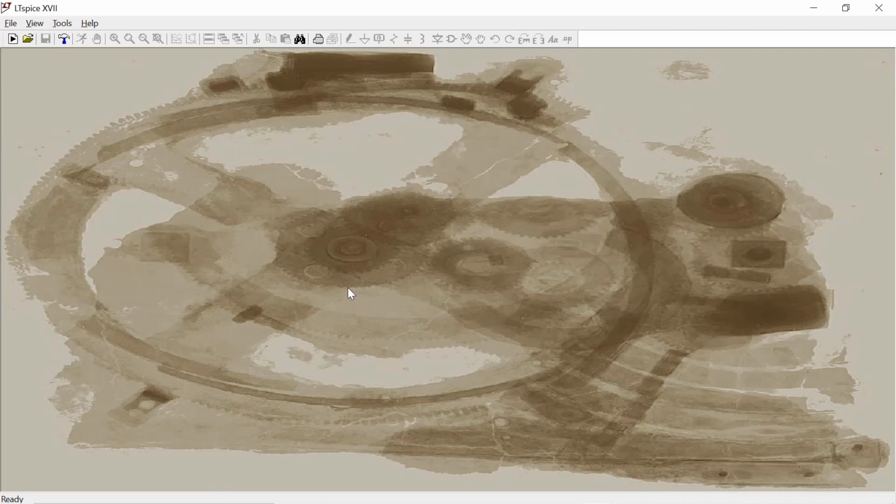Students, in this video, you are going to learn how you can simulate an inverting and non-inverting amplifier using LTSpice. First of all, amplifier means it will increase your input voltage. Inverting amplifier means it will invert and amplify your input voltage, whereas non-inverting amplifier means it will not invert, but it will just amplify your input voltage.